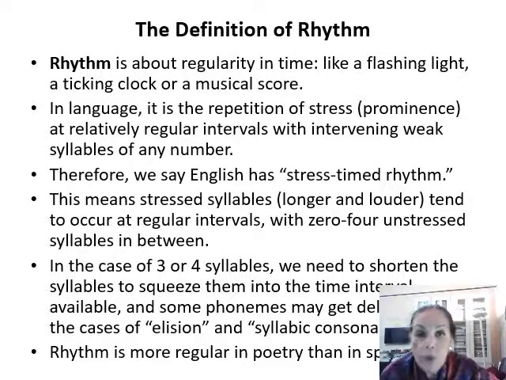Stress is prominence at relatively regular intervals, of course in music it has to be exactly, with the intervening weak syllables of any number. Now, one stress and any number of intervening unstressed syllables would give a foot. Therefore, we say English has